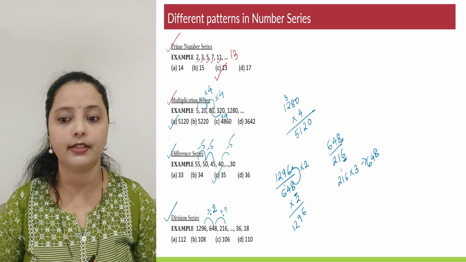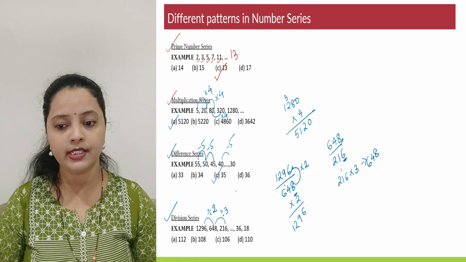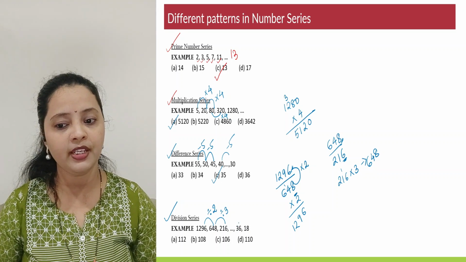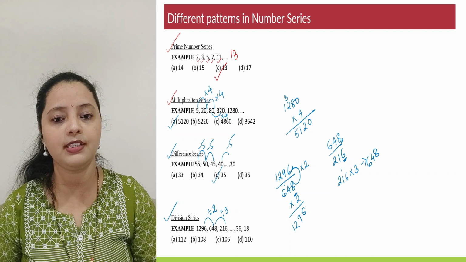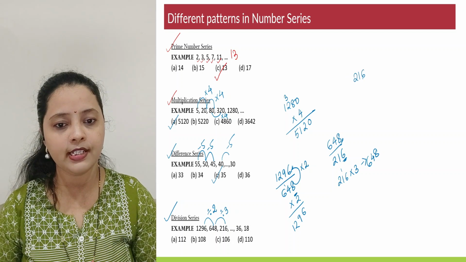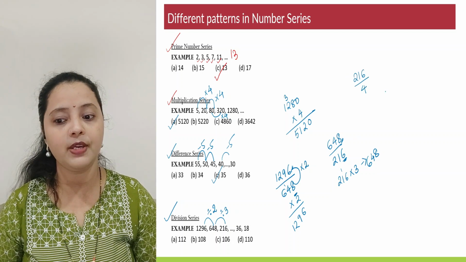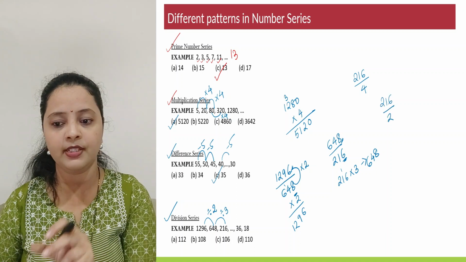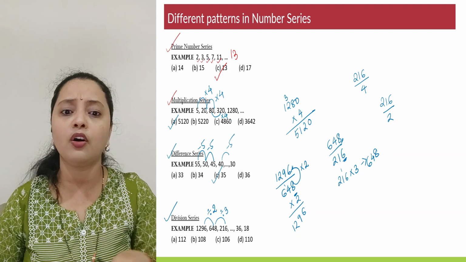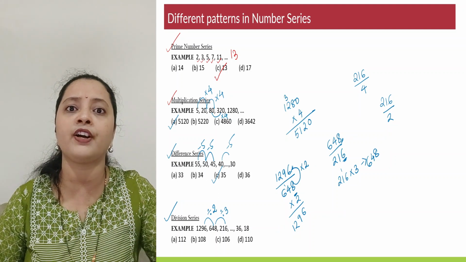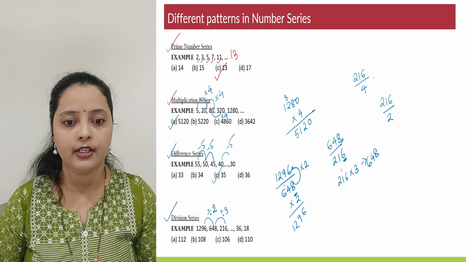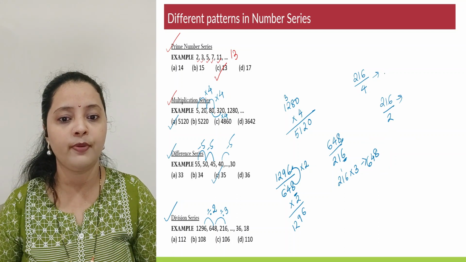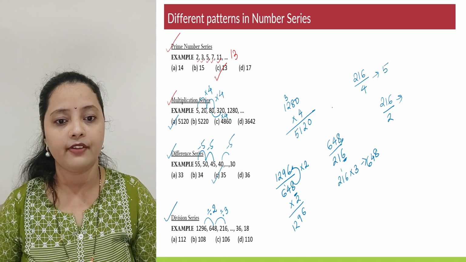It's divided by 3. Now the next number, 216 divided by something should give you the next answer. What could it be? This sequence could just be going on. That means it could be either 216 divided by 4, or it could be a recurring series. That means it could be 216 divided by 2. Okay, that means a division series of 2, 3, 2, 3, or it could be consecutive numbers 2, 3, 4, 5, 6 and so on. We'll check for both and figure out which among these lies among the options. So if I try 216 by 4, this would be 4 5s is 20 and 4 4s is 16.